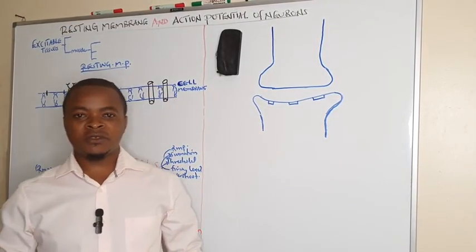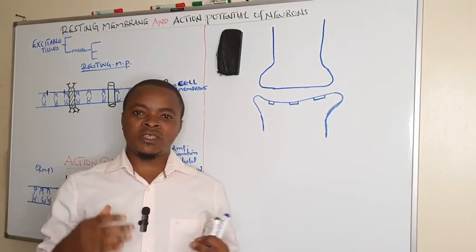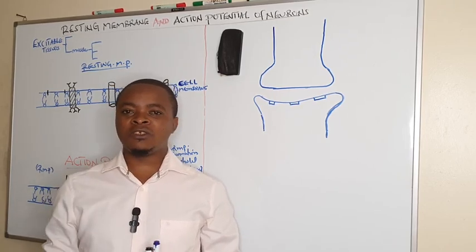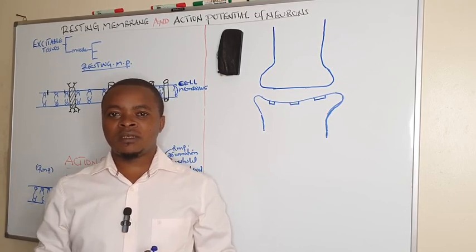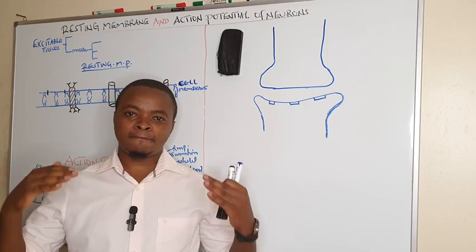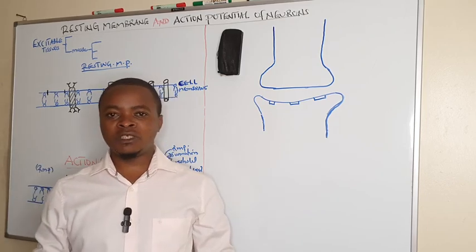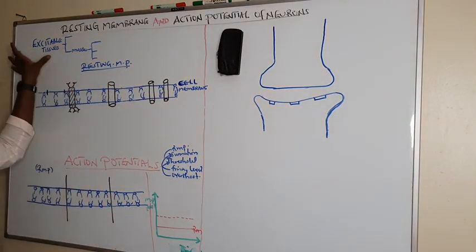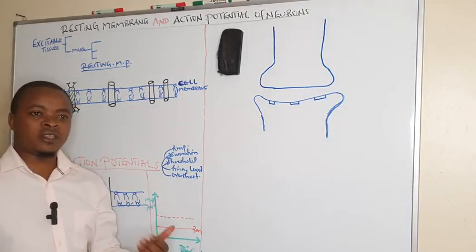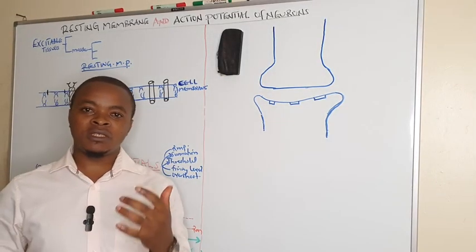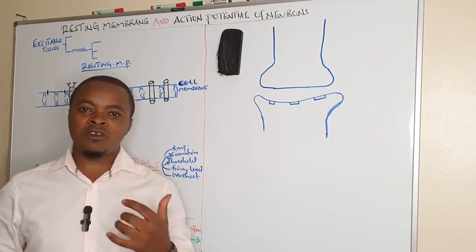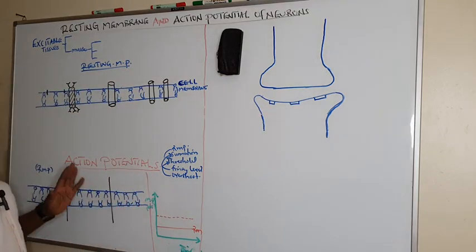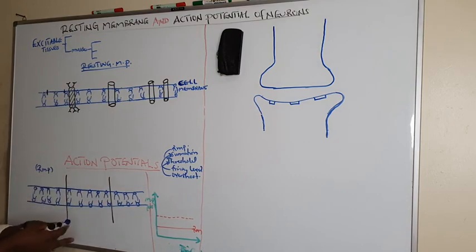In today's lecture at Medical Sciences, we're going to discuss the resting membrane potential and action potentials across the neurons, whereby we are going to look at the neuron as part of excitable tissues. For example, we're going to see that excitable tissues are tissues which can respond to a stimulus by causing an electrical signal. And these excitable tissues, we're going to see that they include